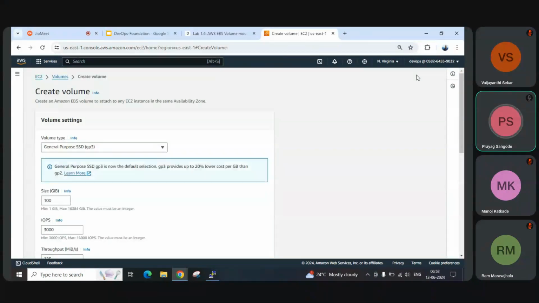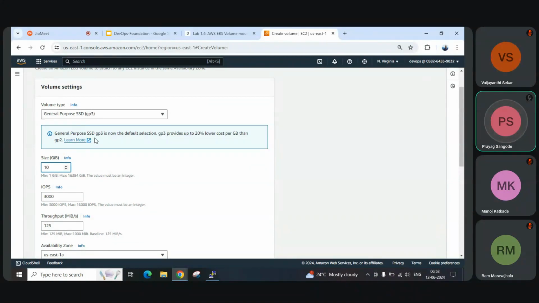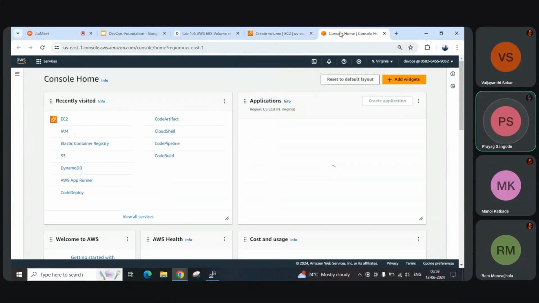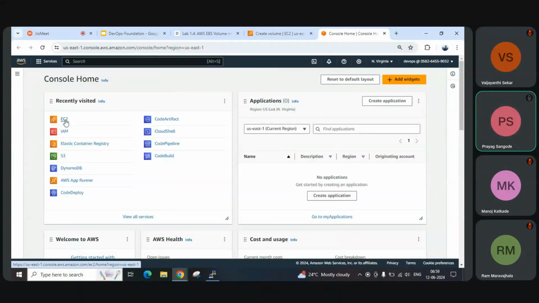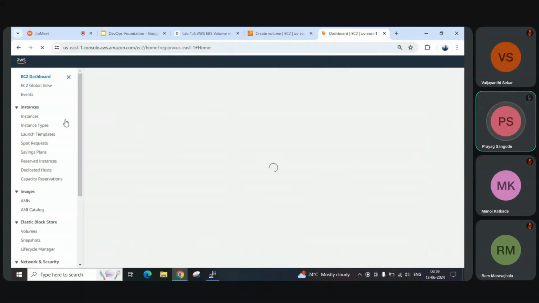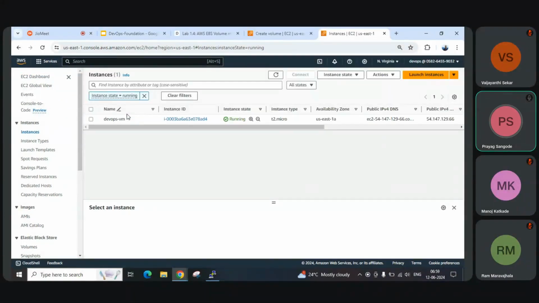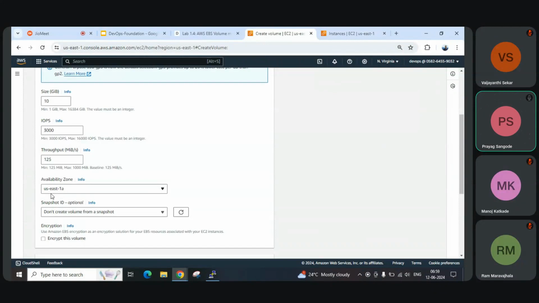Now we'll create a new volume. I'm creating a volume with just 10 GB, not more. Make sure the volume is created in the availability zone where your VM is. Sometimes otherwise it will not allow you to attach it to the EC2 instance. So let's check on EC2 in which zone it was created. It is in us-east-1a, so create the volume in the availability zone us-east-1a